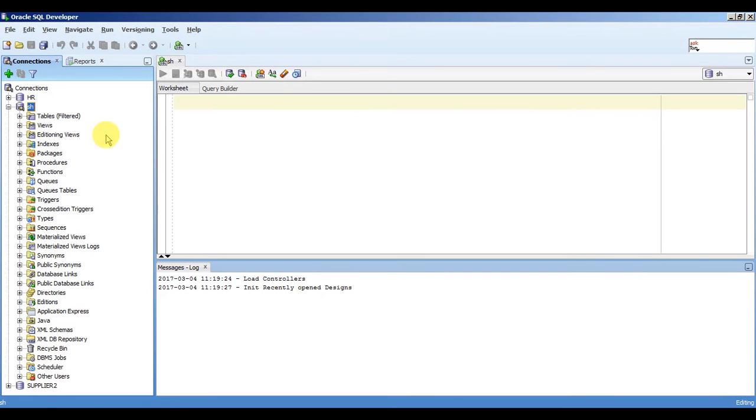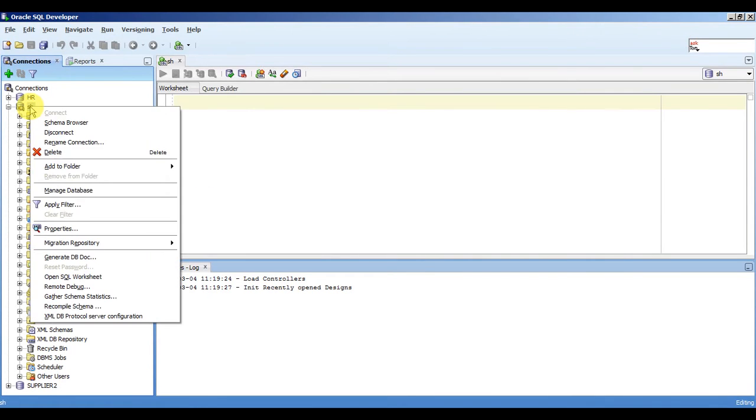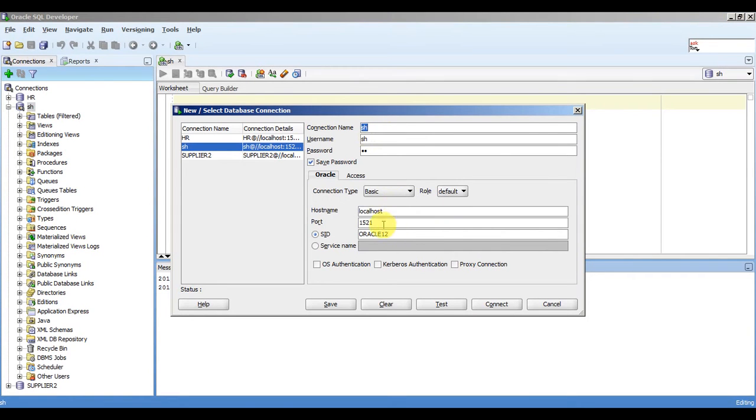In order to check that, go to SQL Developer, click on the connection, go to the properties, and here are the details which will be used for the DSN, data source name, and just click on test to see whether you are able to connect to the database. Here the status shows success, so that means that you are able to connect to the Oracle database from the system where you are going to develop. Now these are the three details that we need: host name, port number and SID, and username and password.